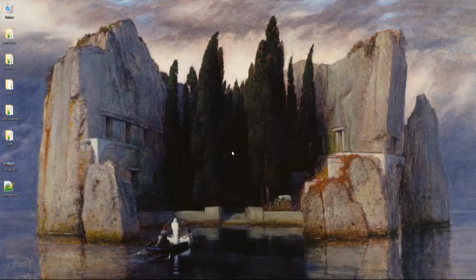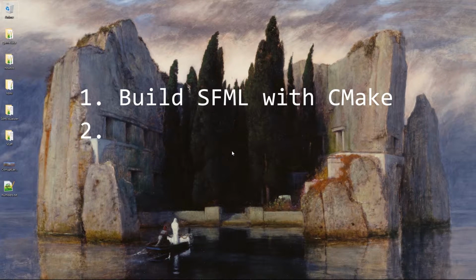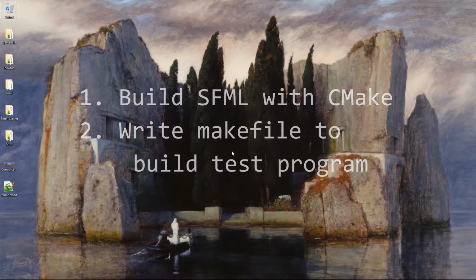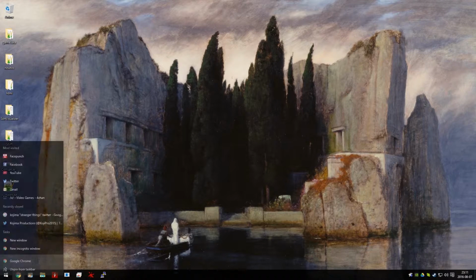Hello everyone. Today, we're going on an adventure to statically link an SFML project on Windows using MinGW GCC. This will be accomplished in 2 steps. The first step will be downloading the SFML sources and using CMake to generate and build the library files. The second step will be writing a test program and makefile that will be used to statically link and compile the program. With that, let's go to the SFML download page at